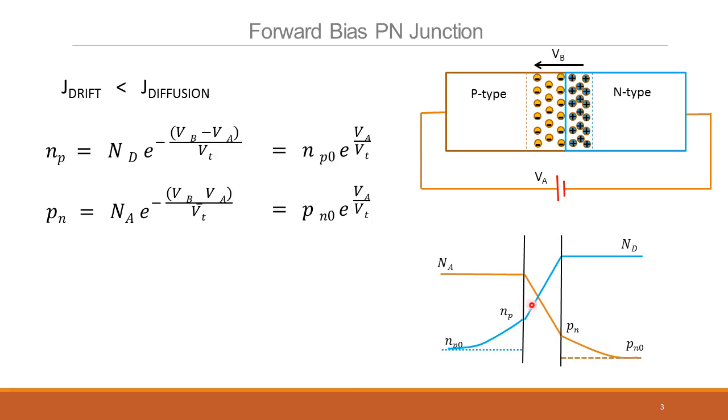So effectively the band diagram that we used to see before, remember, it was Na, NPO, ND and PNO. Whereas PNO now becomes like this, because the NP has now gone higher, PN has gone higher at the junction, because it's given by NPO e power VA by VT. This NP is what is given here. This PN is what is given here. Since they have risen from their zero value, they come out like this.